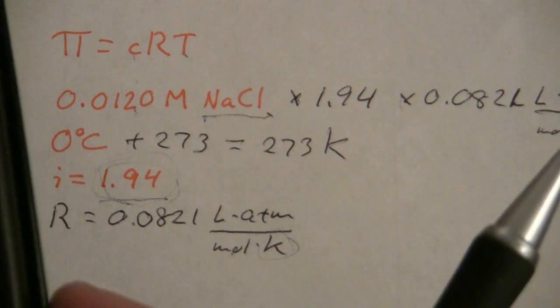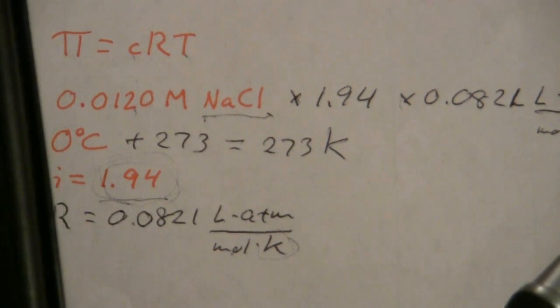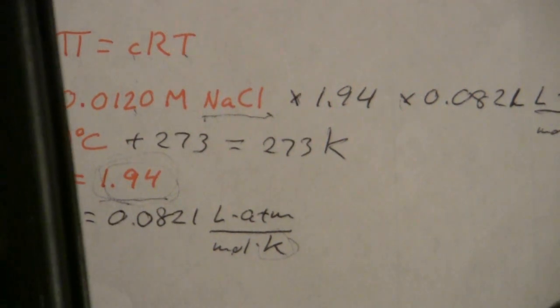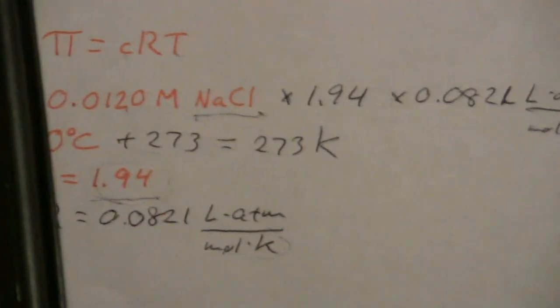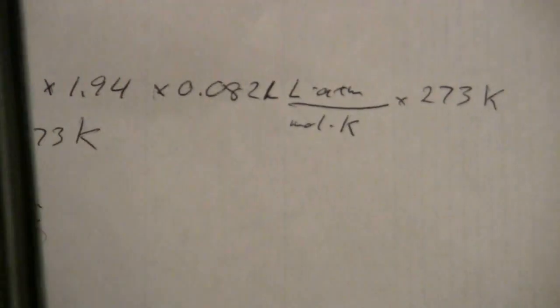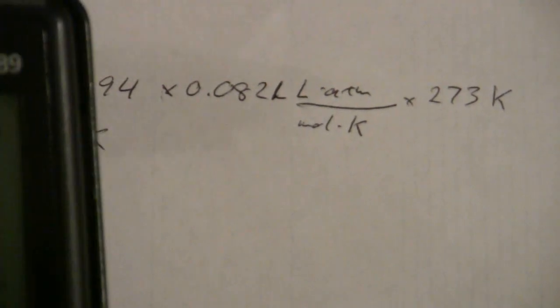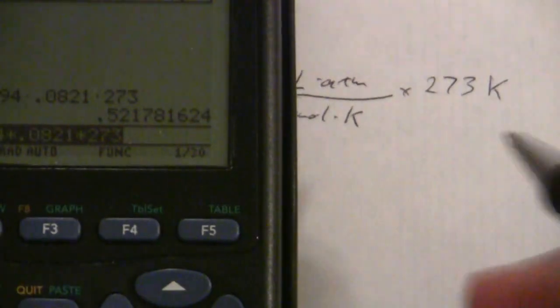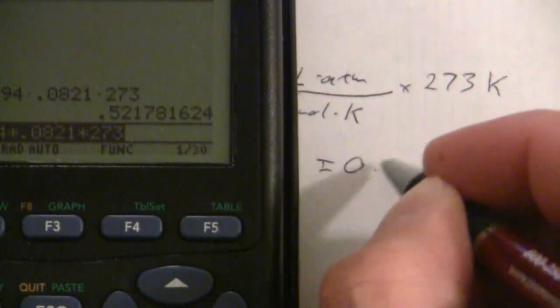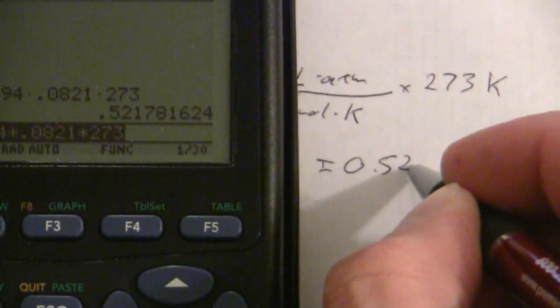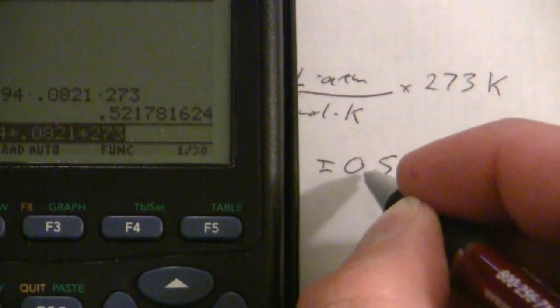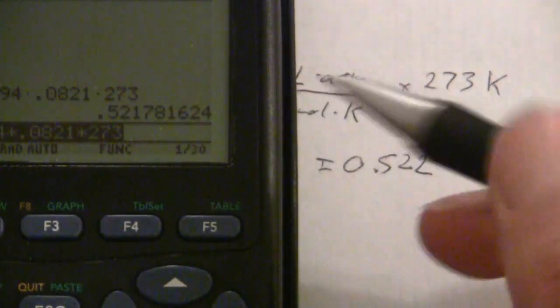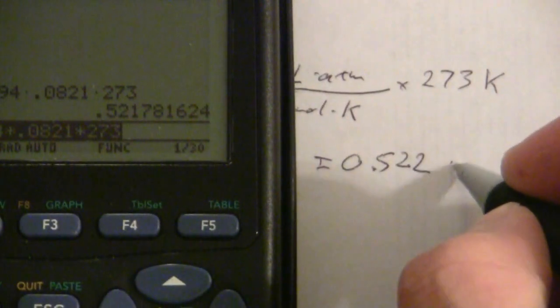0.012 times 1.94 times 0.0821 times 273. Okay, and what we have is 0.52, I believe we had 3 significant figures there, so 0.522